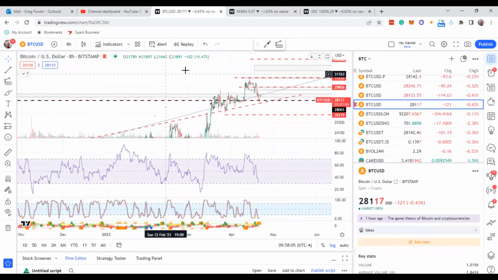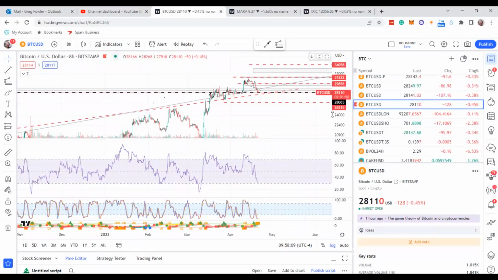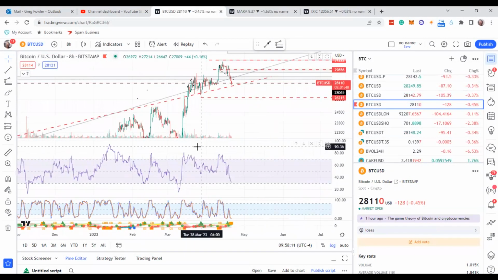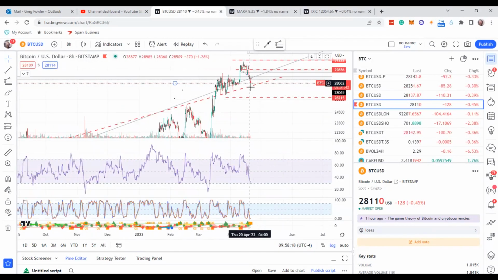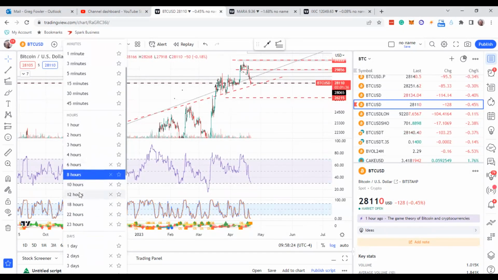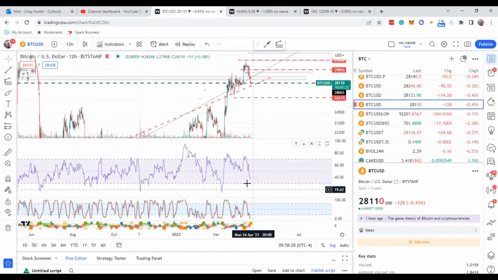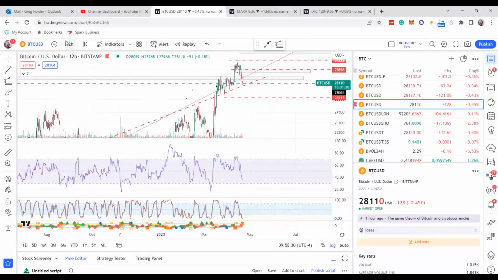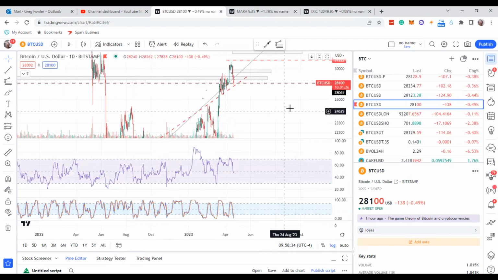So otherwise, if you look at Bitcoin right now on the 8-hour, it's creating a bunch of hidden bullish divergence, guys. That's hidden bullish divergence. It's up, and then this is down. That's definitely divergence. And it has it. Let's check 12-hour. It's coming down pretty good. These oscillators are getting down really good. Probably needs a little more work on the daily. Might need a little bit more work on the daily, guys.